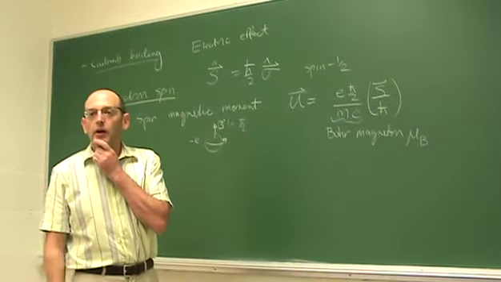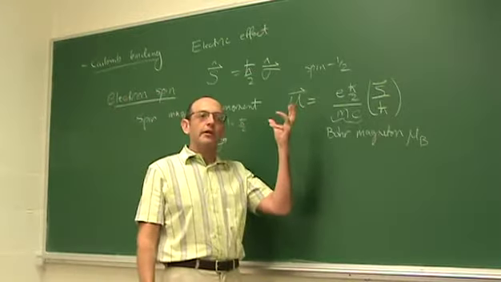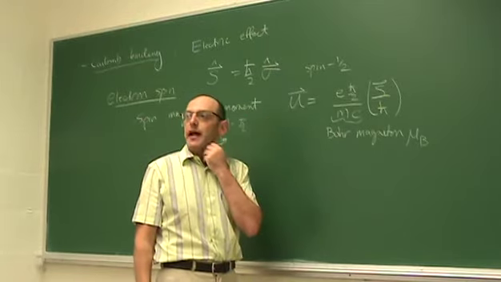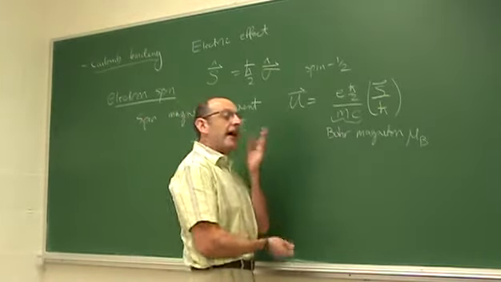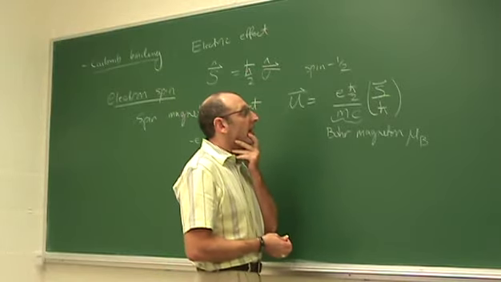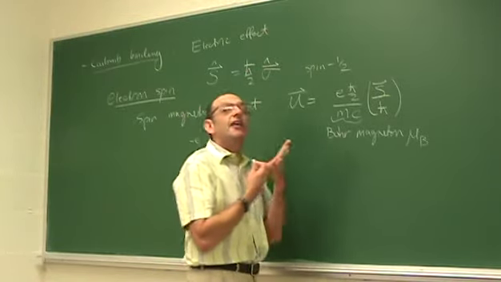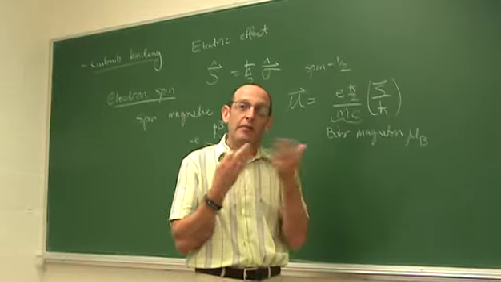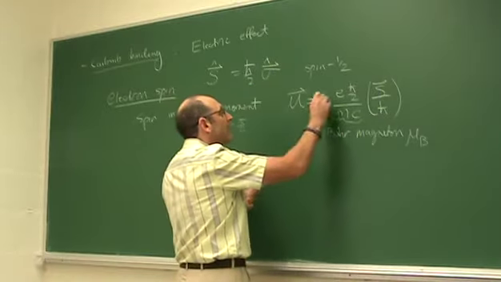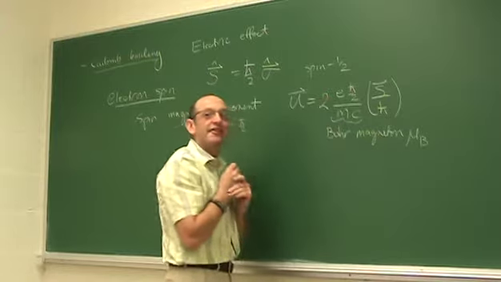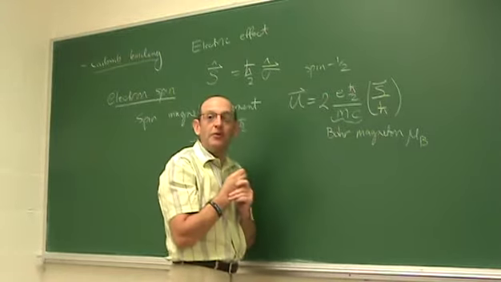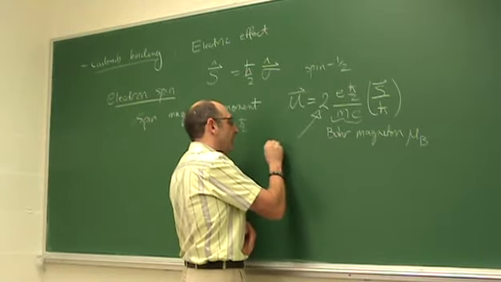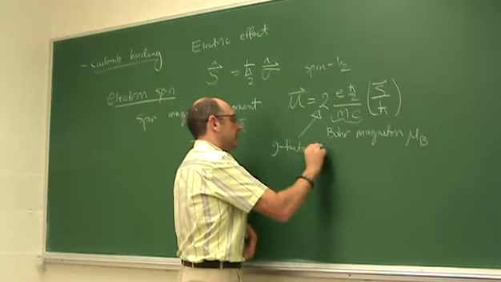So this is what you would say would be the magnetic moment of an electron with that much angular momentum. Now, in fact, that's not correct, because it's not a spinning ball of charge. In fact, it's an intrinsic magnetic moment. And when you look at that intrinsic magnetic moment, you find that it has a fudge factor associated with it in order to get the actual magnetic moment, and this is what's called the g factor. The g factor of the electron.